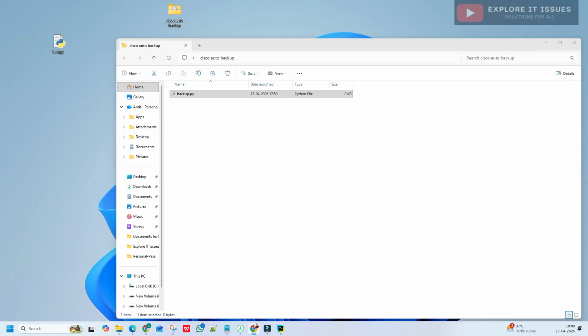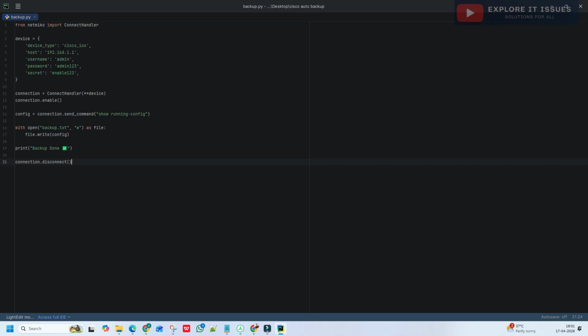I just copied and pasted it here, like this. Here is the device type cisco_ios, host is the IP address of the device, username admin, password admin123, secret 123. You can modify it as per your network requirements or network parameters. This is a sample, so I'll just show you the sample only. You can make it as per your network infrastructure.